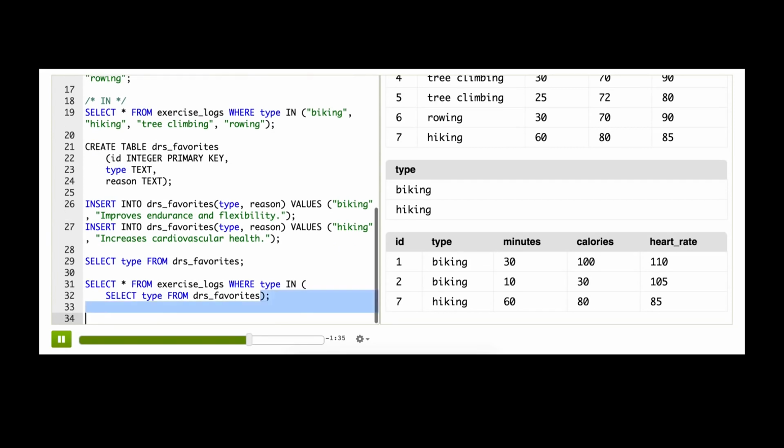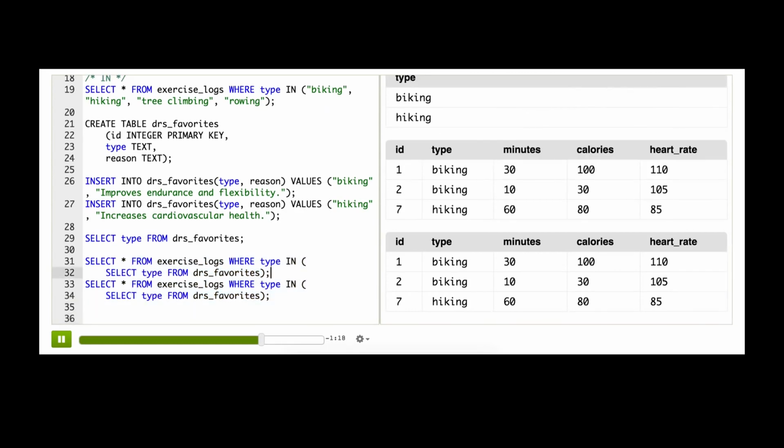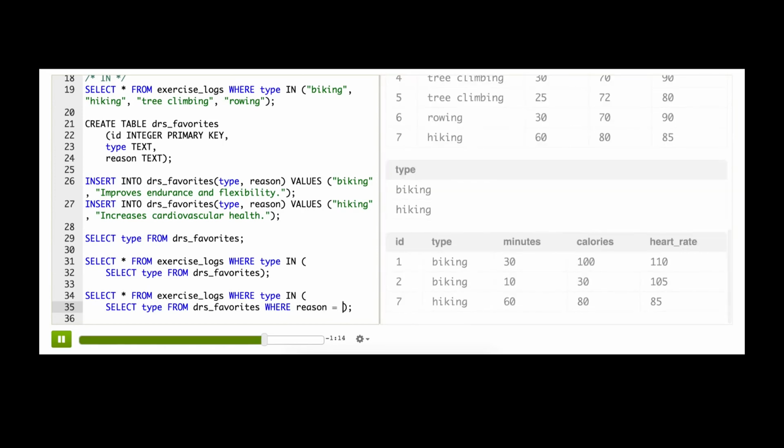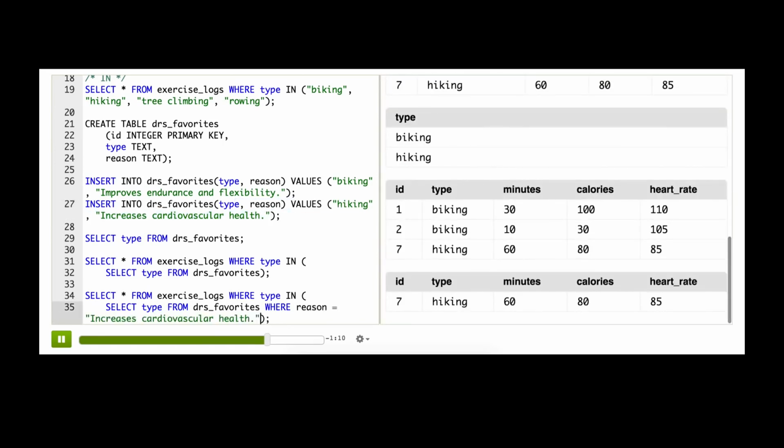And this is a pretty simple subquery, but it could actually get really complex. It could be as complex as any of the queries that we've learned so far. Let me show an example. What if we only want to select the favorites that the doctor recommended for cardiovascular reasons? So we could say where reason equals, and then we could paste this whole long reason in here, and we